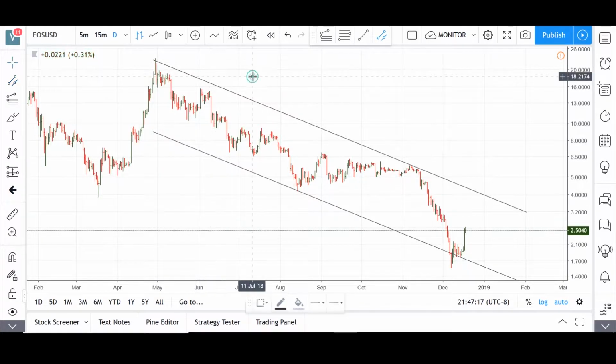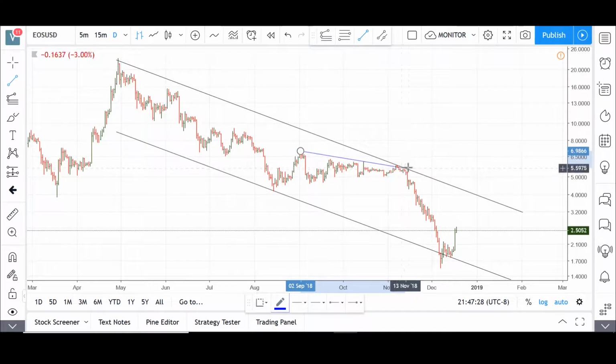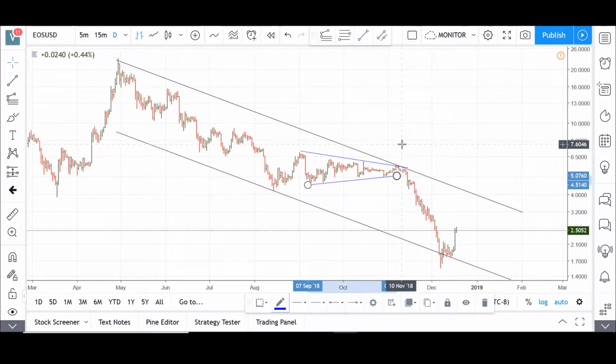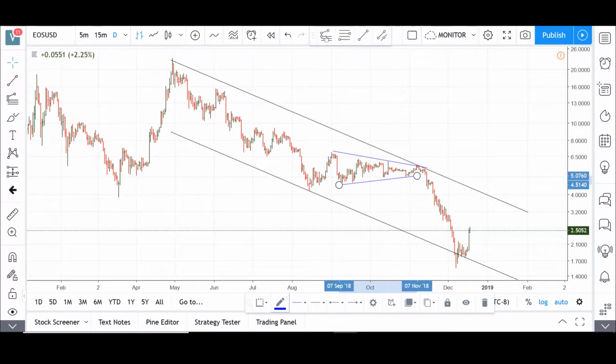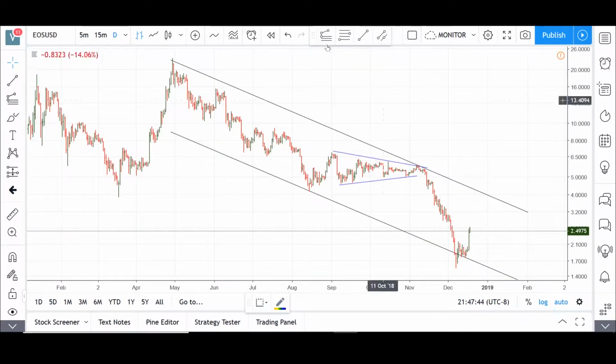You see a channel here, very simple. You see a potential triangle, very similar to what we just looked at on the other cross, which is XLM-USD. And you'll notice that we have a contracting triangle here, very nice, very simple, and we have a decline. Now the decline, I'm making an assumption that we are close to some sort of